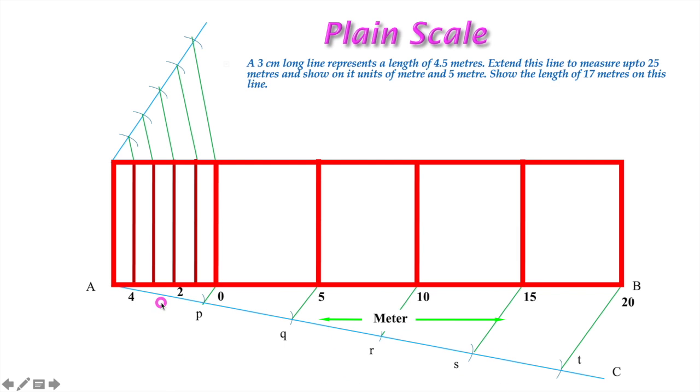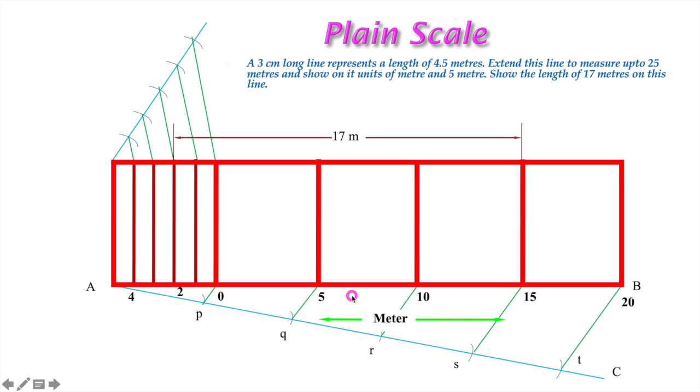Then all the units here are meter, and we have to show a distance of 70 meters. So how to show 70? Count from 0 to 15, means 15 plus 2 divisions on the left side of this line from 0. For easy counting, we have written 0 from here. If we had written 0 from this end, it may be somewhat difficult to easily show this 70 meters, and that's why we started 0 from here.